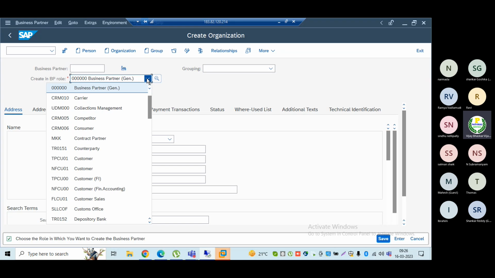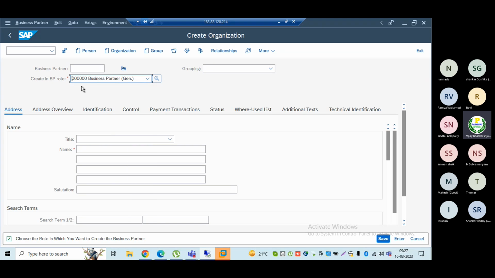There are n number of roles which SAP has delivered. Somebody has copied the existing roles, these are all not standard SAP delivered ones; based on their business requirement they have copied. But now 000, the generic one, is quite common.